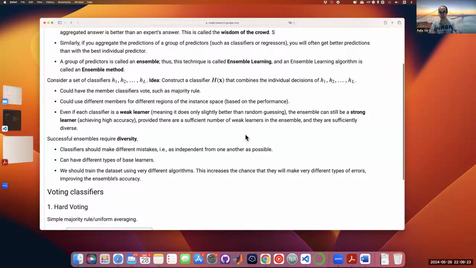So as independent from one another as possible. That turns out decision trees could be a perfect example, because if we use a very small subset of data to build a decision tree, it's very likely this decision tree is completely different and only focuses on that specific set of data. So if we assume all these data are drawn in an IID manner,